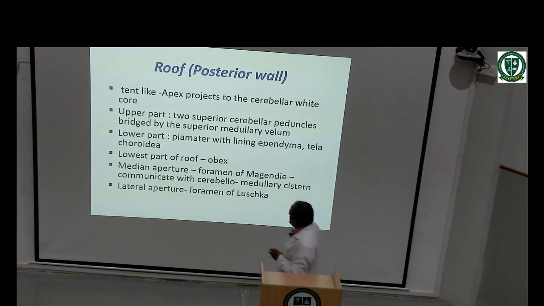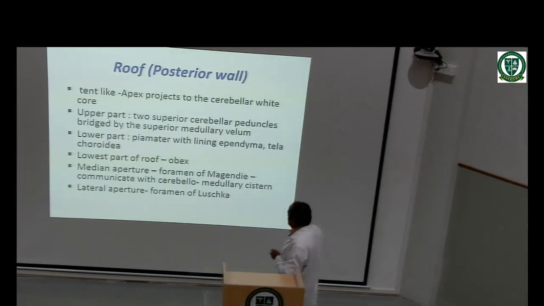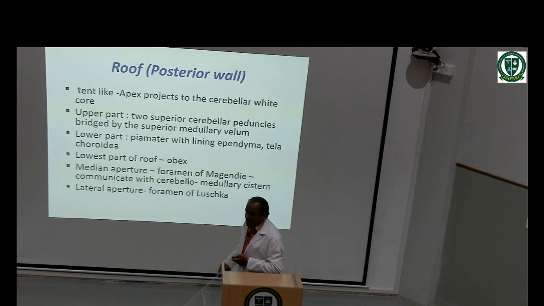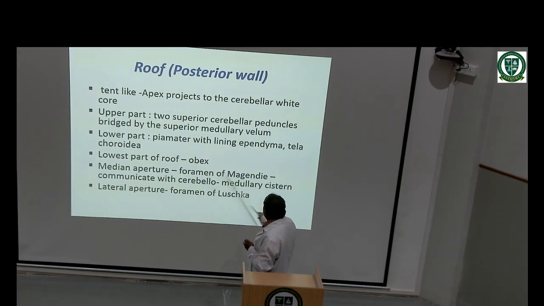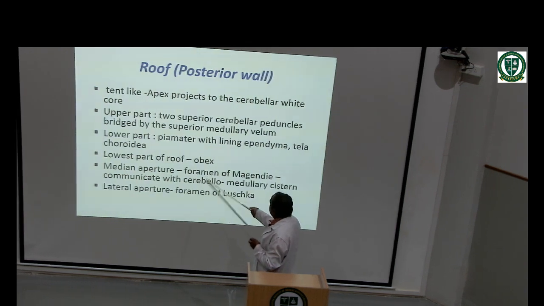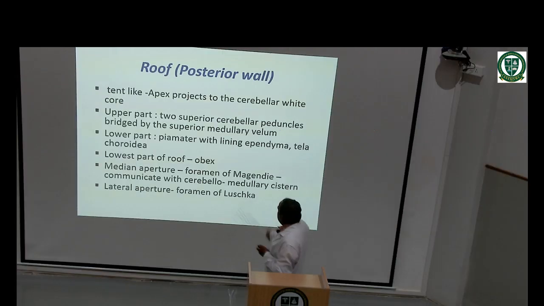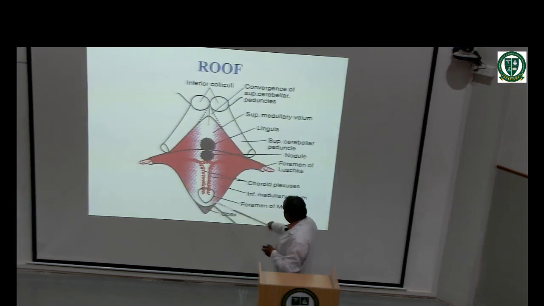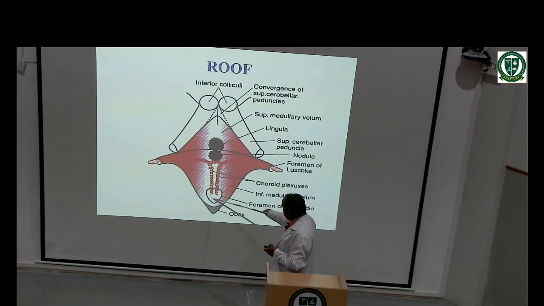There is a median aperture at the inferior angle, that is called the foramen of Magendie. Through this, the fourth ventricle communicates with the cerebellomedullary cistern, that is called the cisterna magna. In this you can see there is a foramen at the inferior part of the